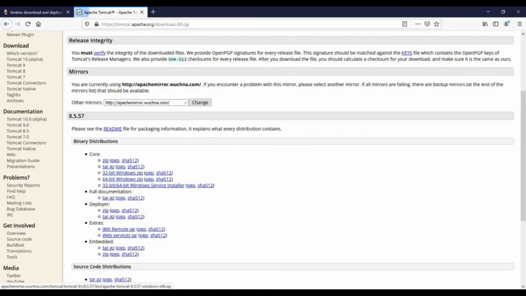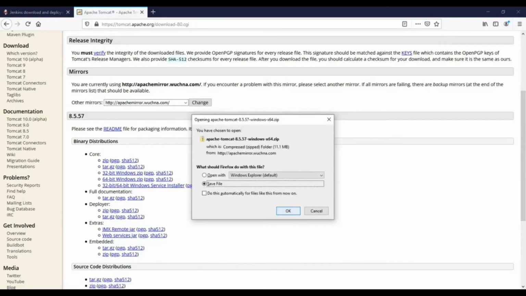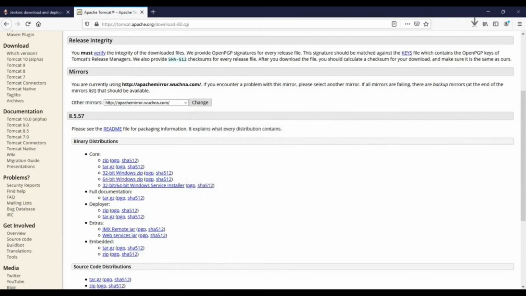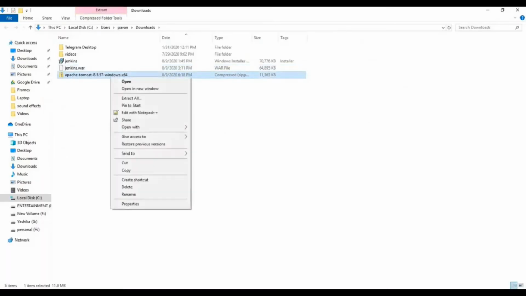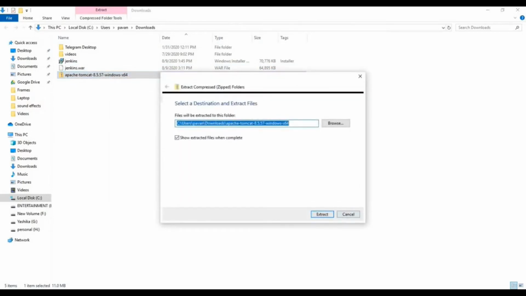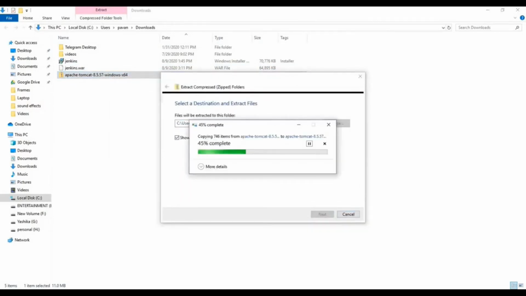Just go ahead and click on that zip file. So you will get a pop-up like this, save file, just say OK. So it will take a very short time. Okay, it's a very small file. Okay, it got downloaded. It's under downloads, right click, extract it by using any zip software. I'm extracting it into the current directory.